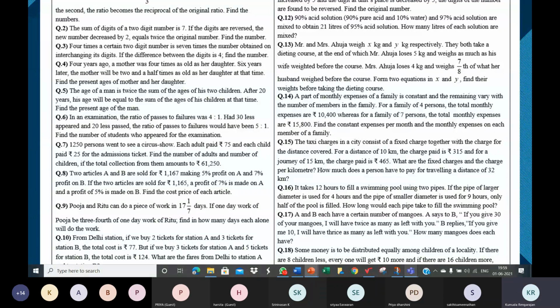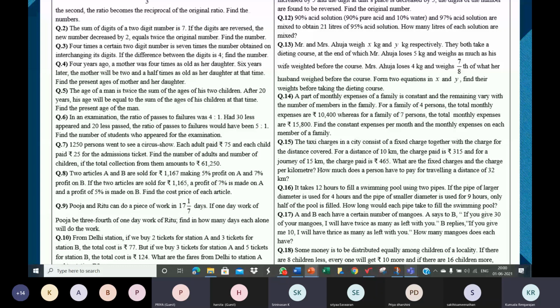CP of article A is equal to rupees X. Cost price of article A is rupees X. Okay. The profit percentage is 5%. What is the profit? Using 5% profit and the CP as X, what will be the profit in terms of rupees? I don't want a numerical answer. You at this point, how can you get the numerical answer? I just want an expression in X.